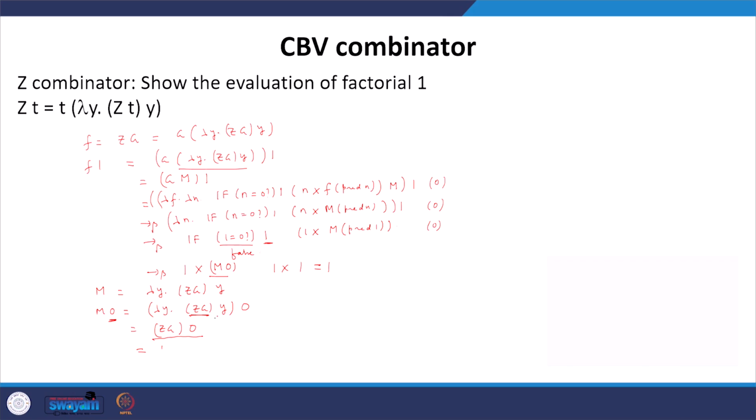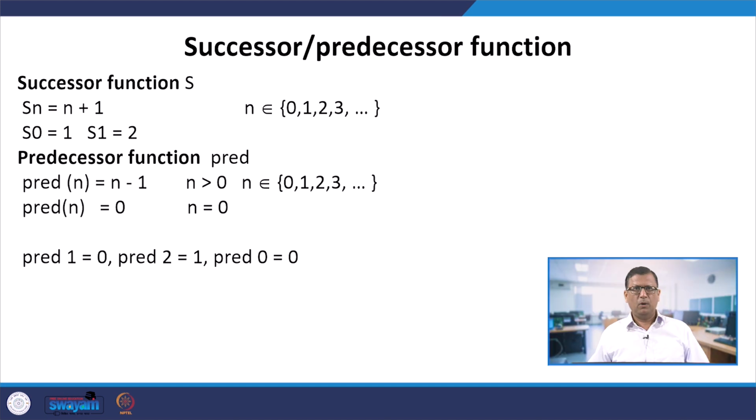So then now again as before, we have come to the point where the argument is 0. So we have evaluated and now we are doing as before like Y, and we have got the value we want. So this is the idea of evaluation of the Z combinator. Now our goal is to show you some well known recursive functions like addition, multiplication, exponentiation, and all of these recursive functions are